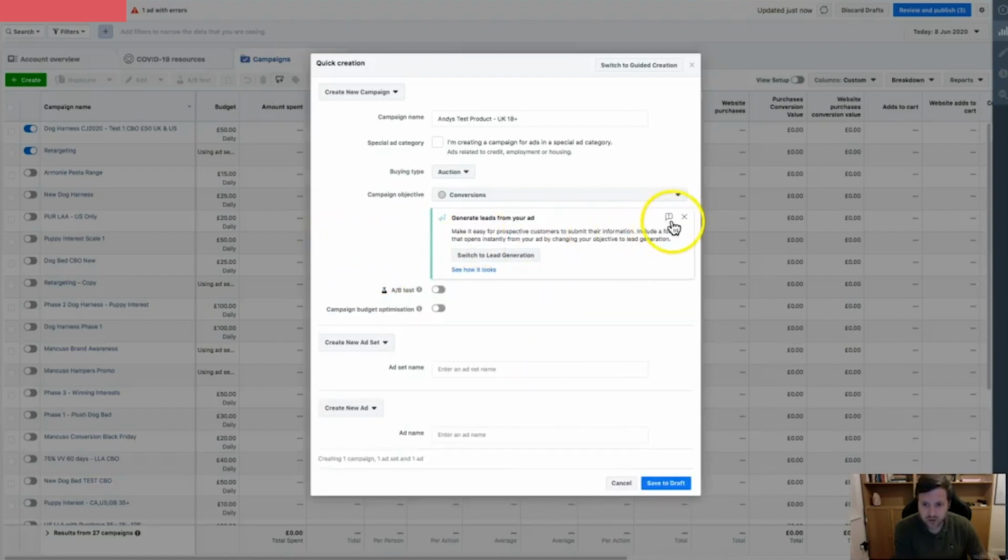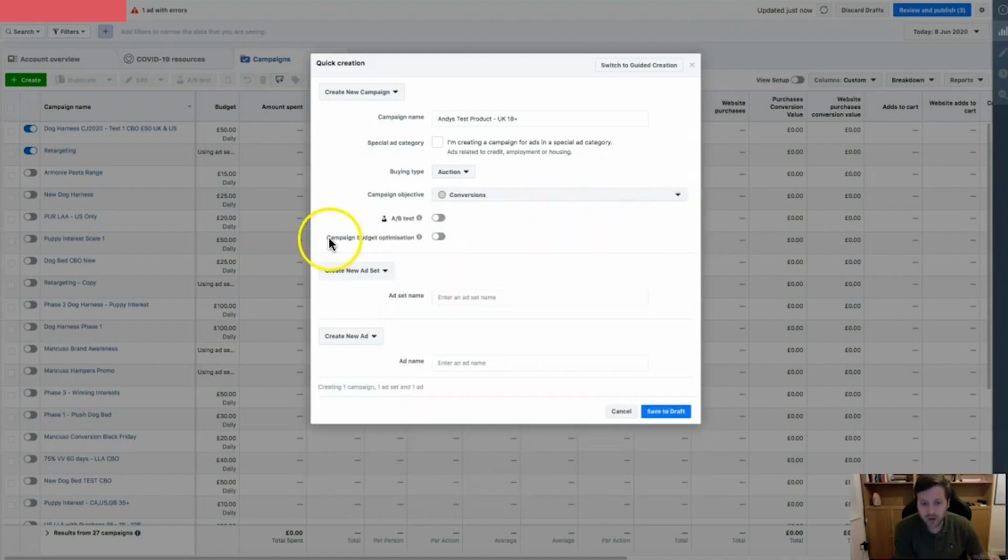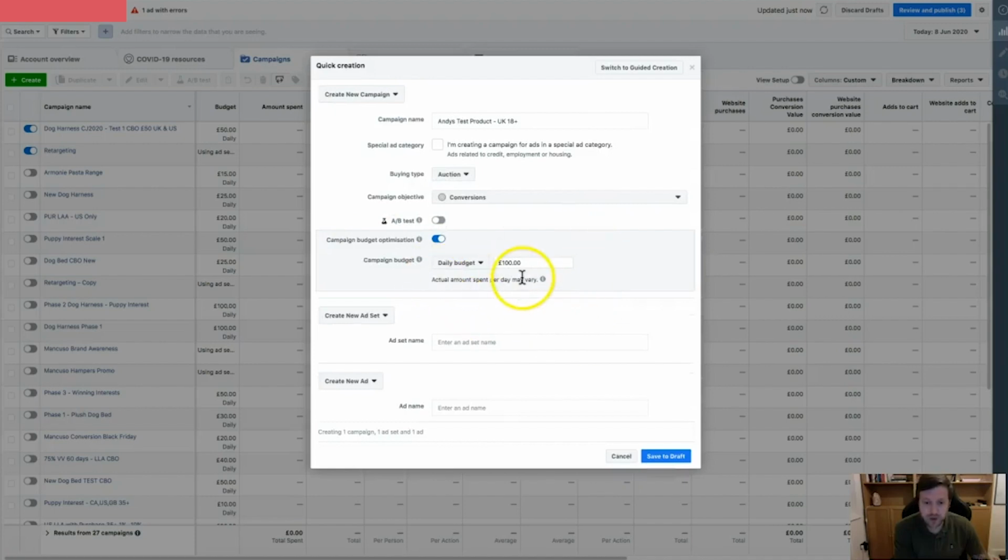Okay, and what you want to do is basically you can generate leads from the ads that you do with cost per purchase. You want it to be CBO, which is campaign budget optimization. Now this all depends on your marketing budget. So a lot of you will start with a very small budget because you may not have it,